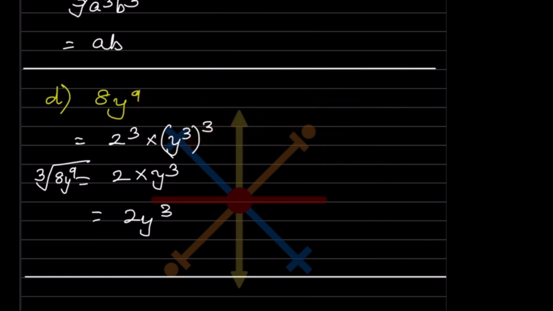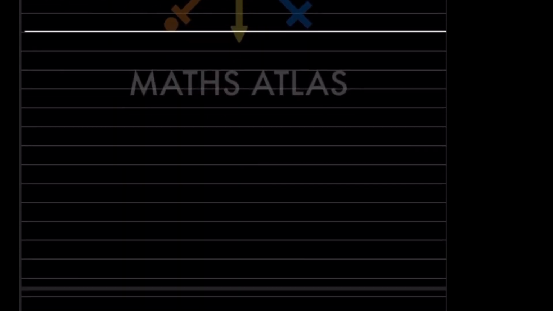So now we want the cube root of that. What are you going to do? Just take the base. This is the base for this and this is the base for that; we are not going to consider the exponent. So this is going to be 2 and this is going to be y cube, because y cube is the base and the other is the exponent for that. So this is very important, writing a y cube over here. So when you multiply, that is going to be 2y. So this is the answer.